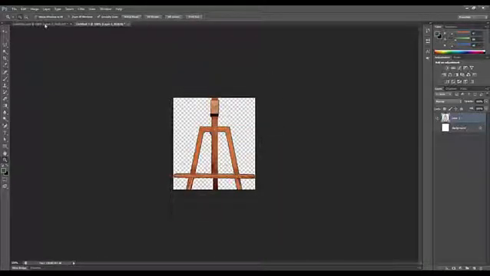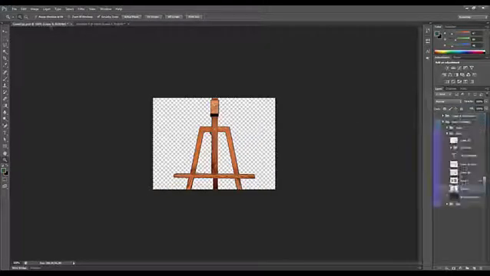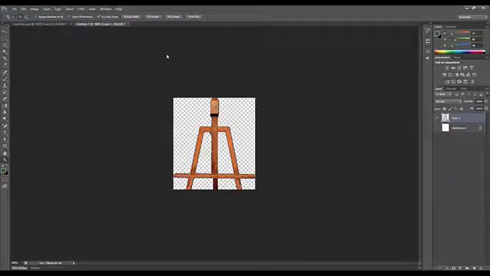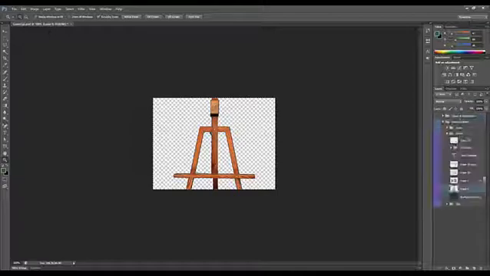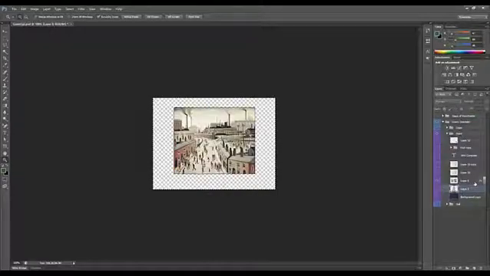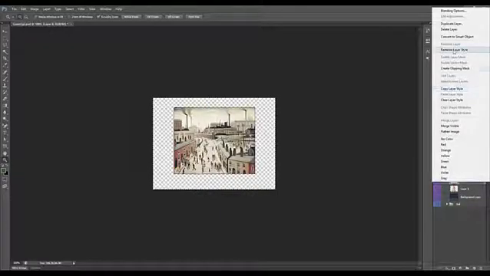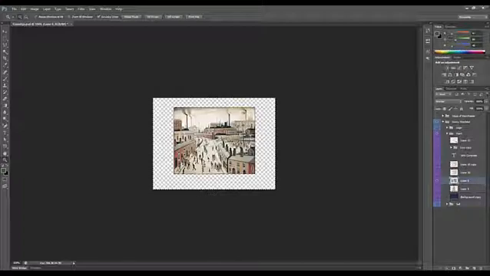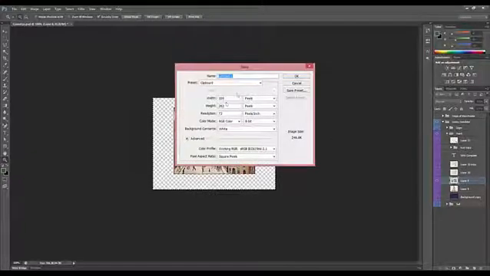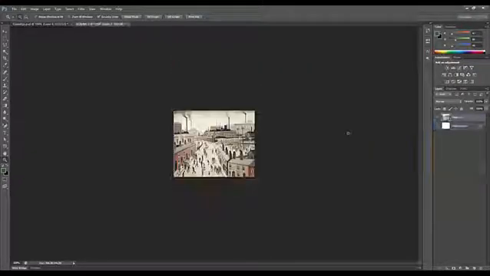Lovely. Now back to our other image. You see the easel's up at the top here. I can close that now. I don't need it. Saving off all the bits separately, and then we need the picture. Again, same thing. Rasterize layer style to flatten the black border. You can see it's already selected all. Just make sure it's on the right layer over here. And then Control A, Control C to copy, Control N for new image, and it's made an image the size of the picture. Control V to paste, and there it is.